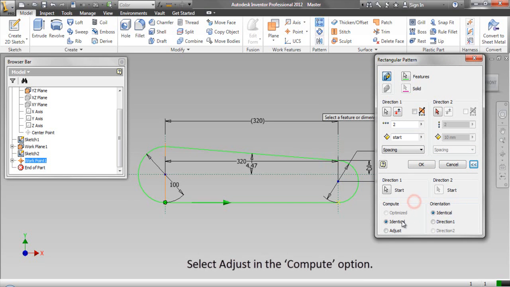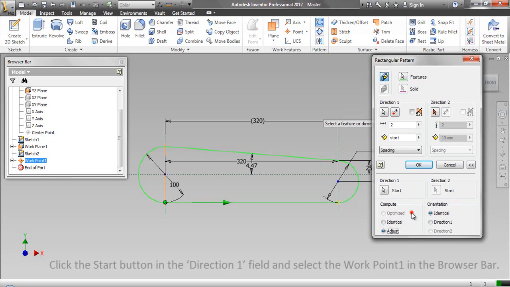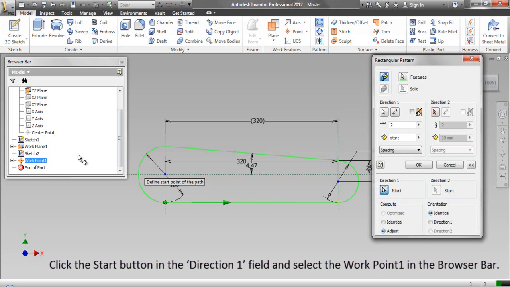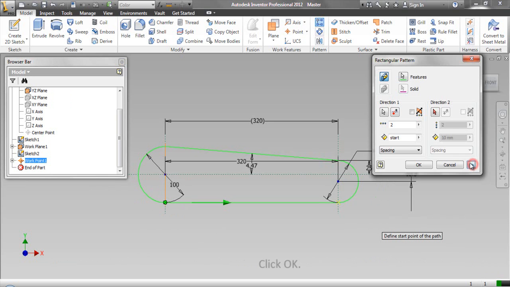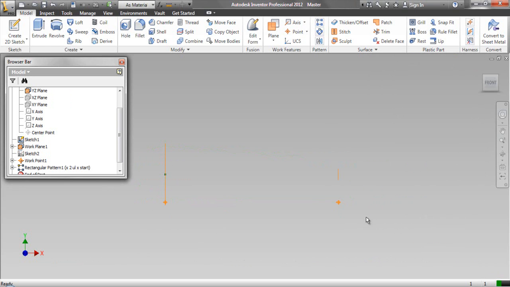Select Adjust in the Compute option. Click the Start button in the Direction 1 field and select Work Point 1 in the browser bar. Click OK.